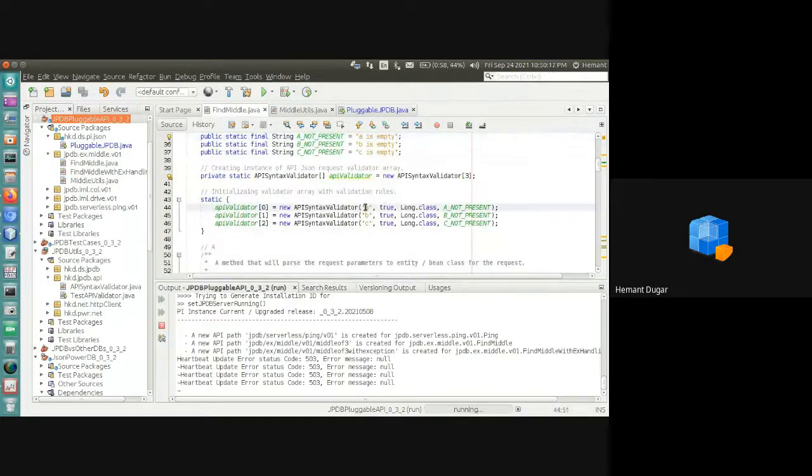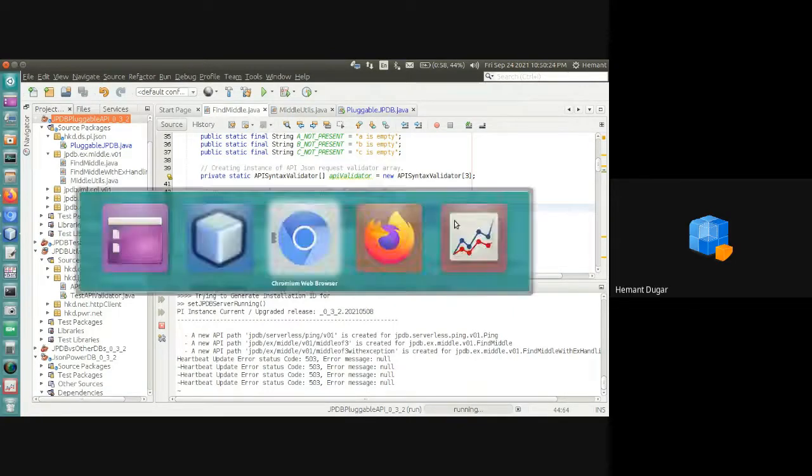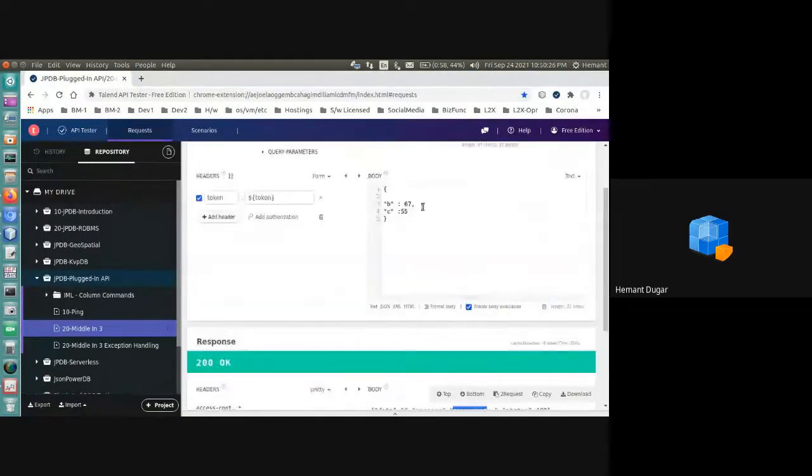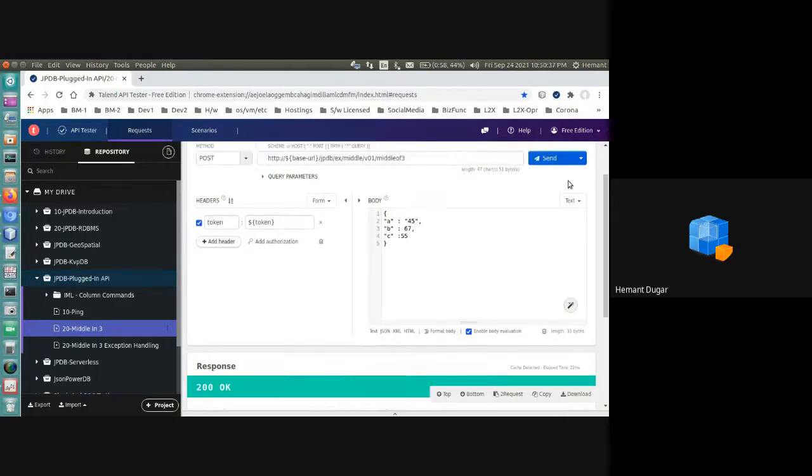So if you see A is compulsory, true, and it must be long. So suppose what I can do is I can give here A colon and say string and send the request.